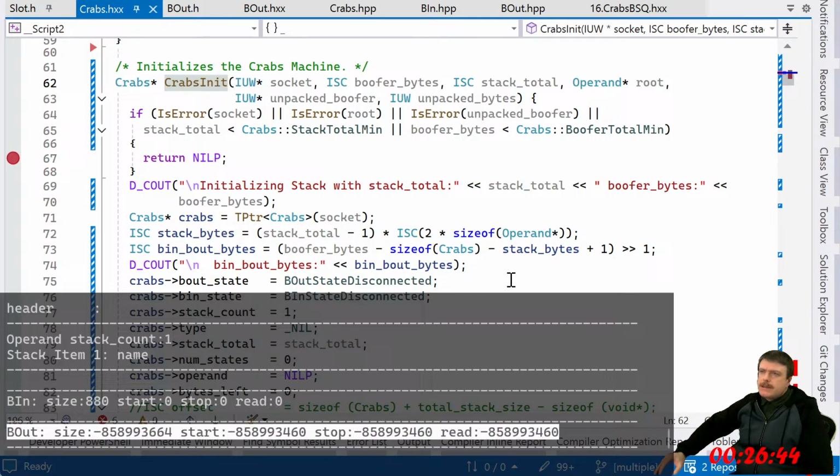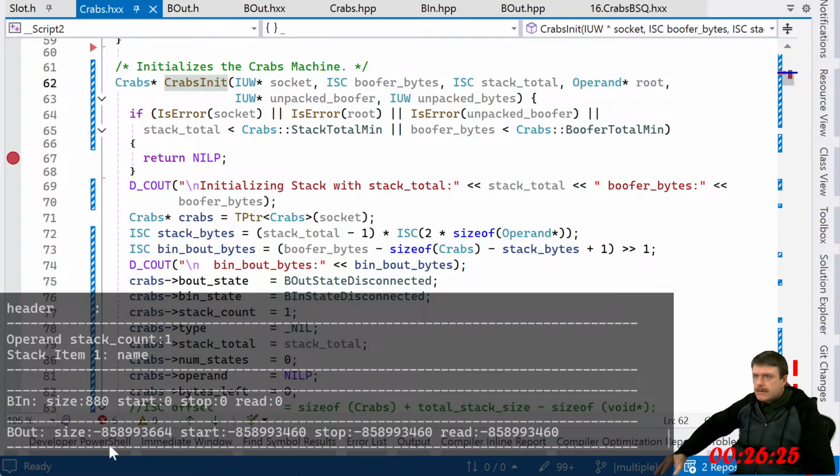Where am I initializing it? The first one's fine, and then this one has some repeated values going on. Maybe I could look at this in hex. What does this look like in hex?